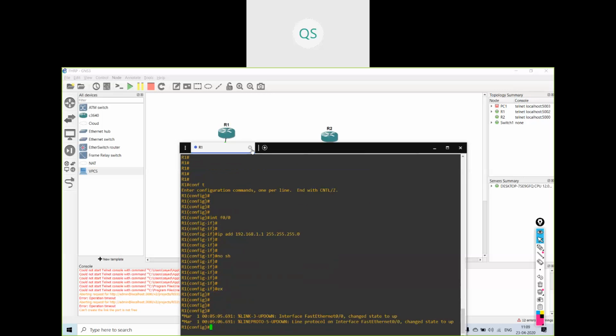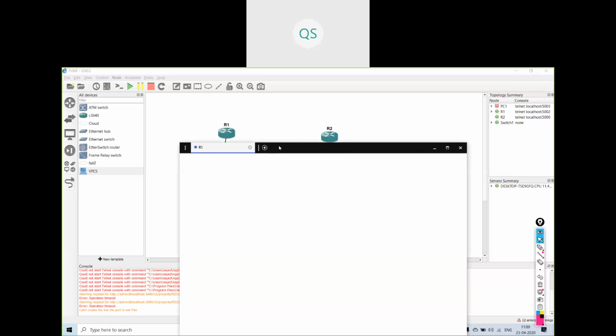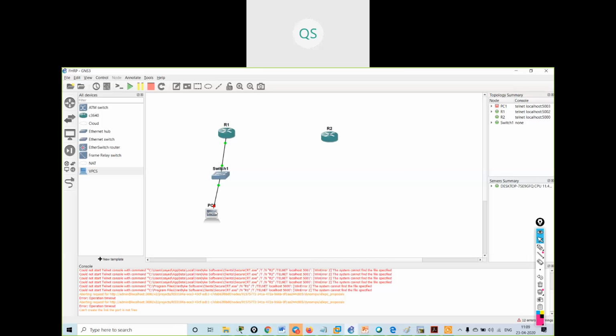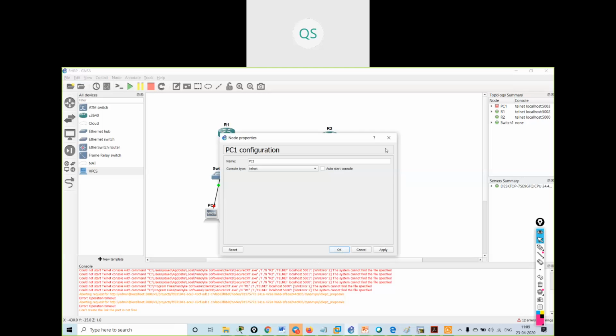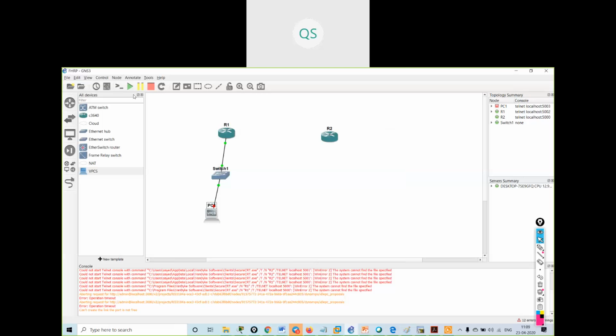Now suppose, for this PC, I will give the IP address to the PC also.